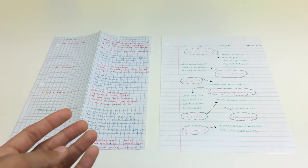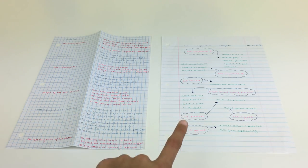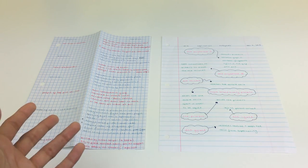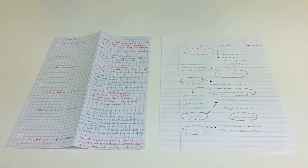I know I talk about mind maps a lot. However, the reason why they're so effective is because they visually link information together in a way that you will be sure to remember. I had a test on DNA replication today, and I was able to remember all of the different enzymes because I made this mind map just a couple hours before I took the test. So these two methods are super important for memorizing, which is why I use them in almost all of my